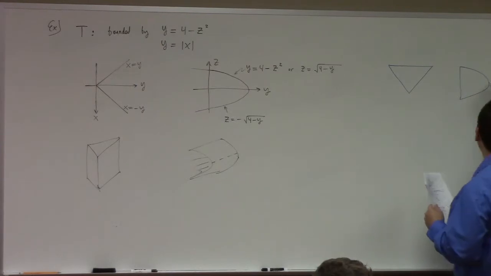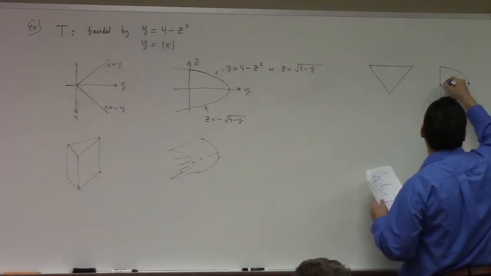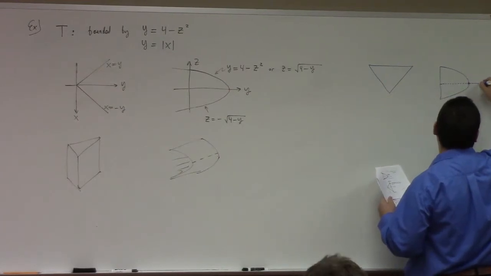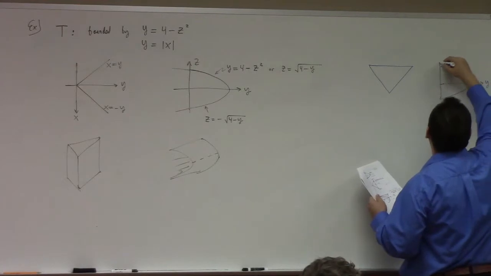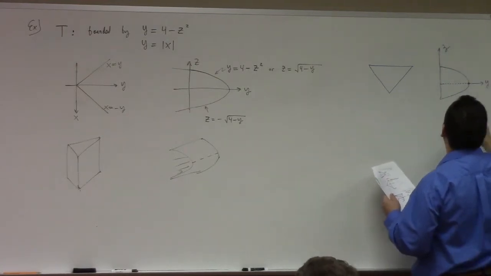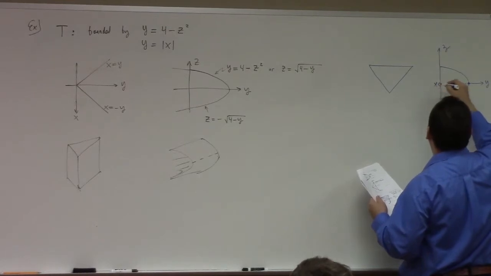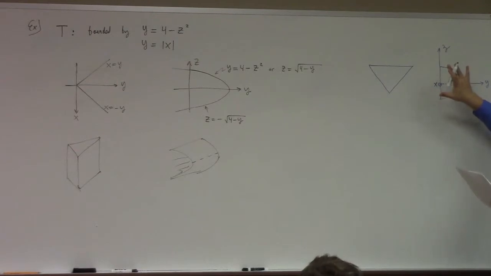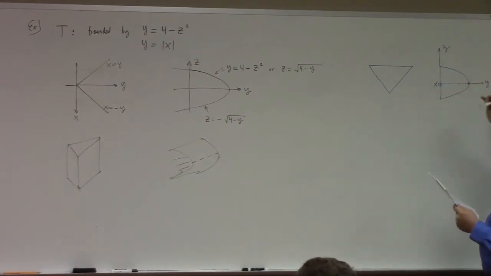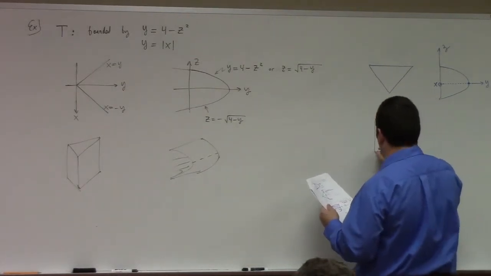So this is actually, let me try to be a little bit more precise here. This would be the y-axis. This would be the z-axis, all right? And so the x-axis is coming out at you here. This is not in the yz plane. You have to kind of envision it. The best three-dimensional picture I can attempt here is something like,